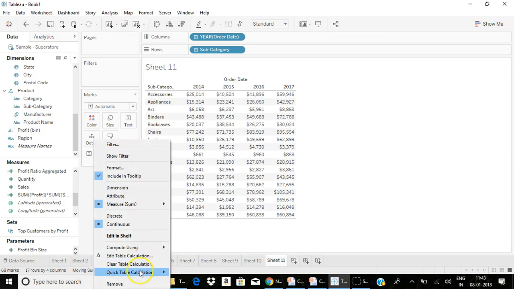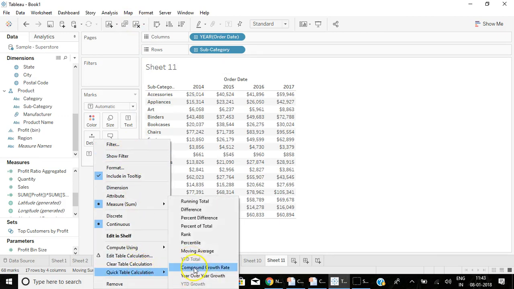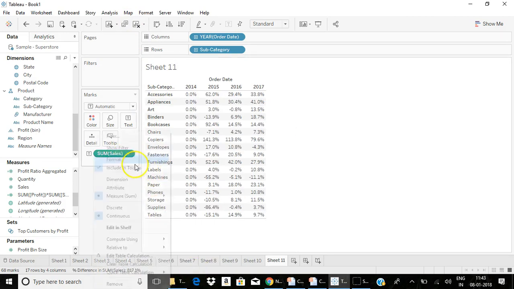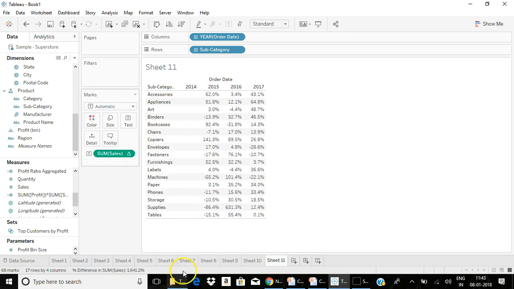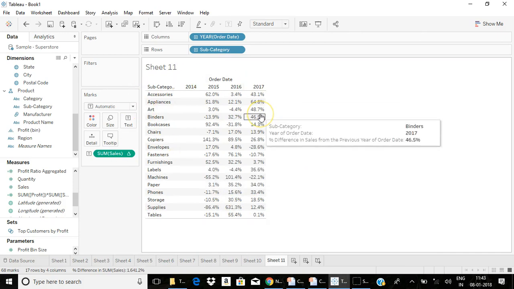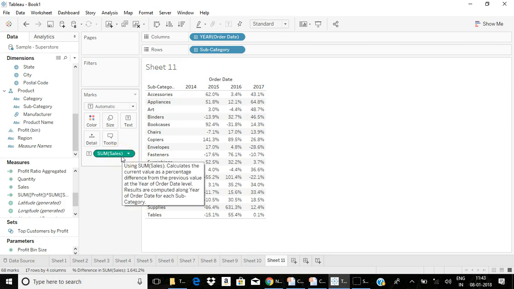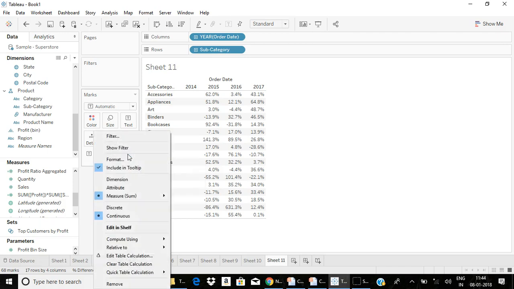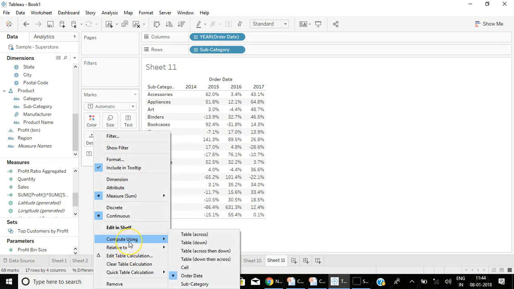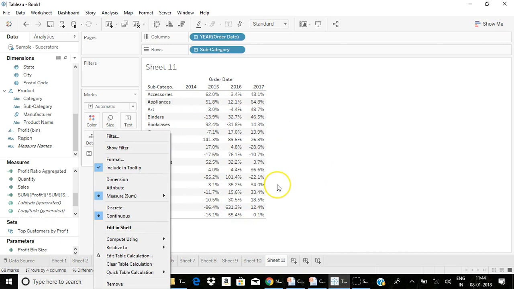So when you have a date field, you would also be able to calculate compound growth rate as well as year-over-year growth. So these calculations are termed as quick table calculation, which is performed on results of your query. It's a very quick calculation where you don't need to write any syntax, which is already predefined. Only thing you have to do is you choose the relative position and computation method to perform your calculation based upon your view level.